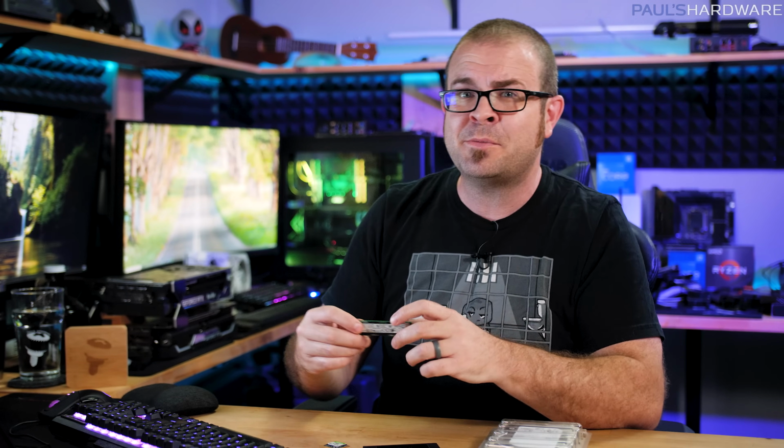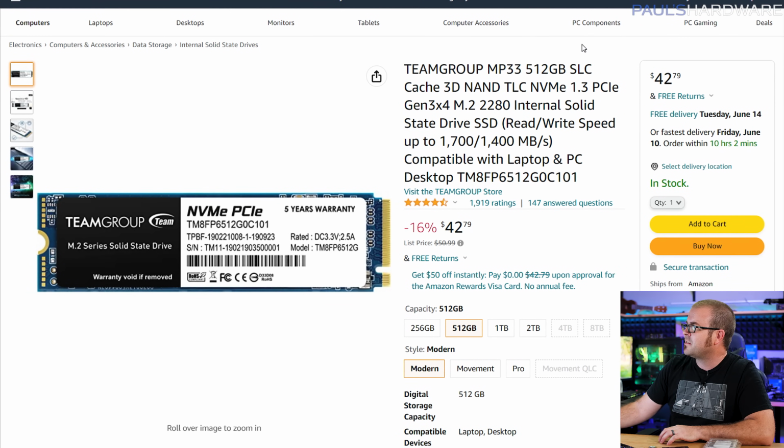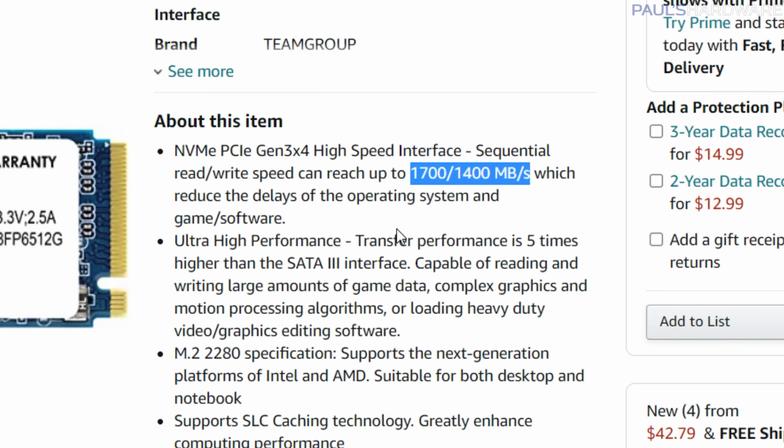But if you're looking at a budget build, you probably don't need to worry about that. The other nice thing is that these drives have been out for so long now that they're pretty stinking affordable. A 512 gig Team Group MP33 is now $43, down from like 45 or something like that. Again, this is down towards the lower end of NVMe SSDs, but still 1400 to 1700 megabytes per second reads